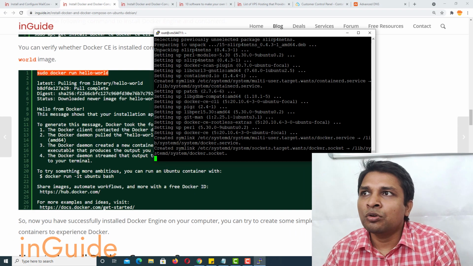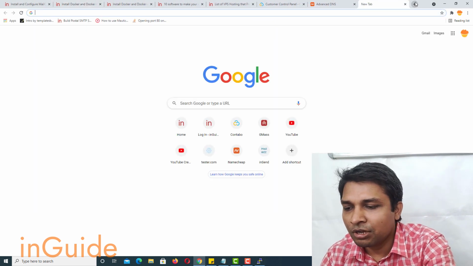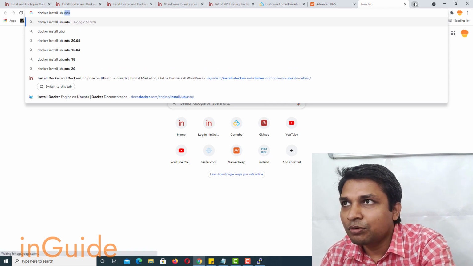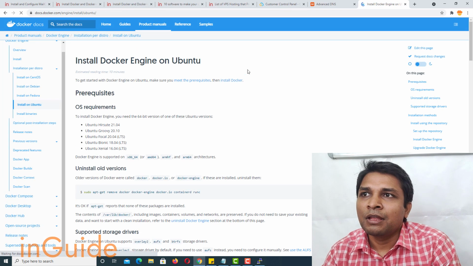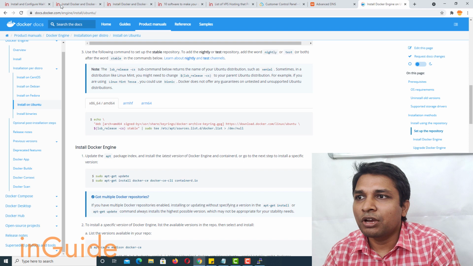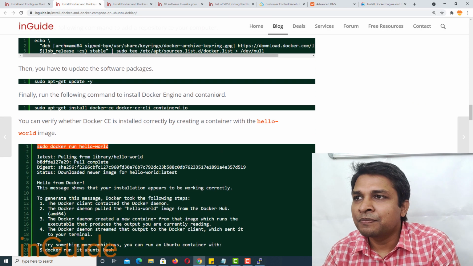You can also search on Google how to install Docker. I mean, Docker install, and if you type Ubuntu you will find the guide here, and you can either follow this guide or you can follow mine. Both are basically the same.